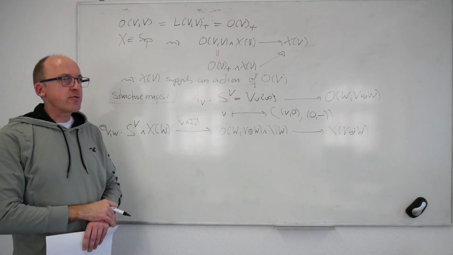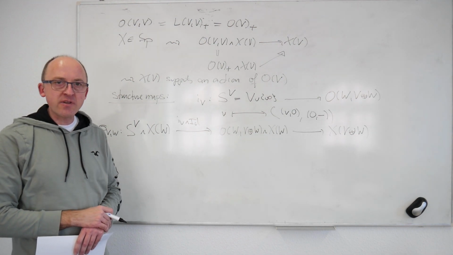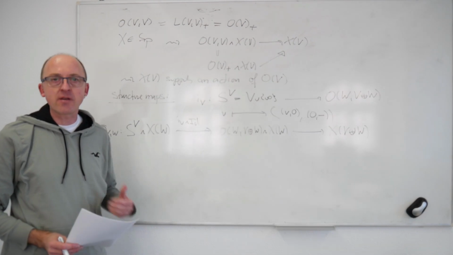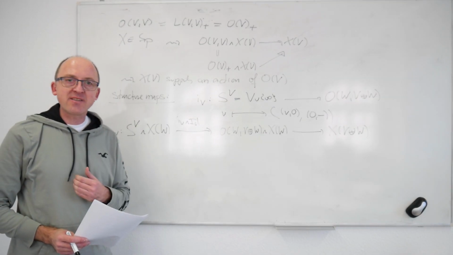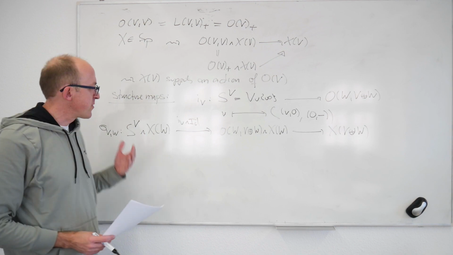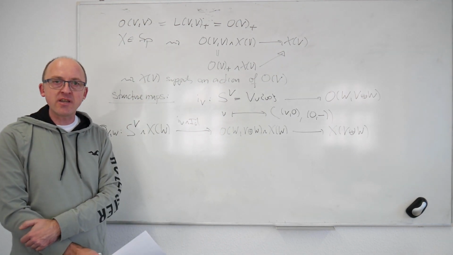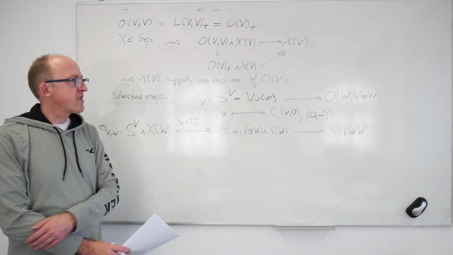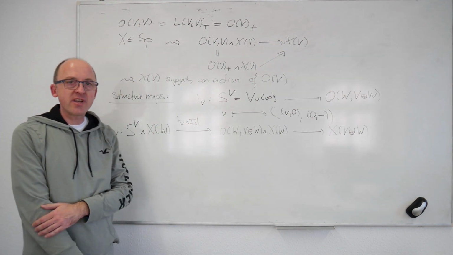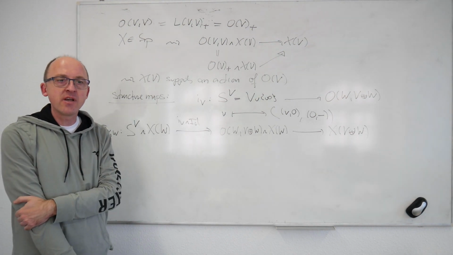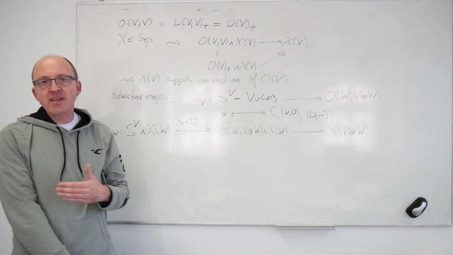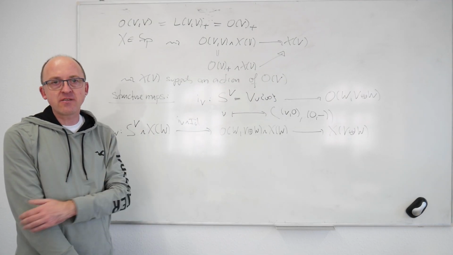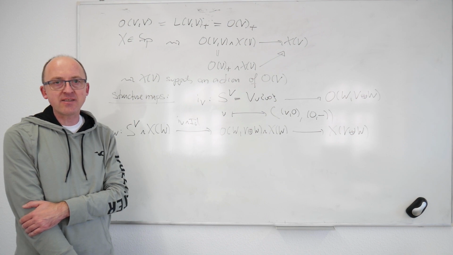So if you've already seen orthogonal spectra before, then there's a chance that maybe they were presented to you in a way that resembles this structure. So maybe they were presented as a collection of spaces X of V with actions of the orthogonal groups and structure maps and some sort of compatibility. So there is an equivalence of categories in the background. Orthogonal spectra can be presented by this structure plus compatibilities, such as associativity and so on. I'm expecting that you know how to pass back and forth between these different descriptions, because we have explained this in detail in previous classes.